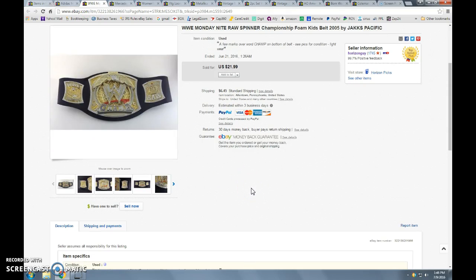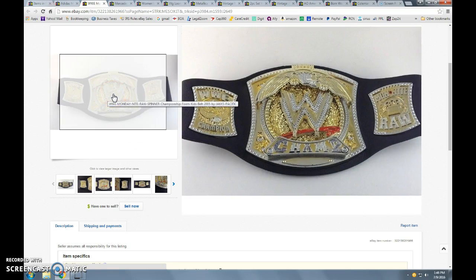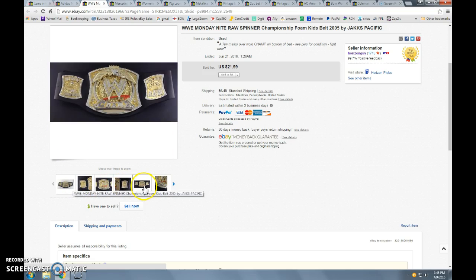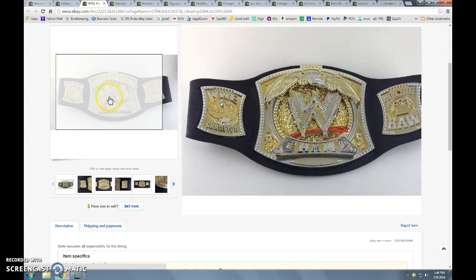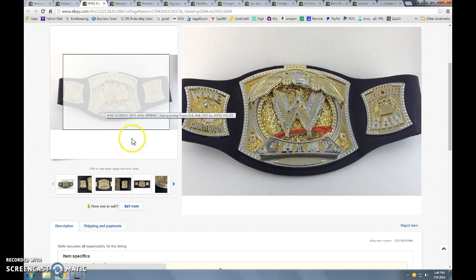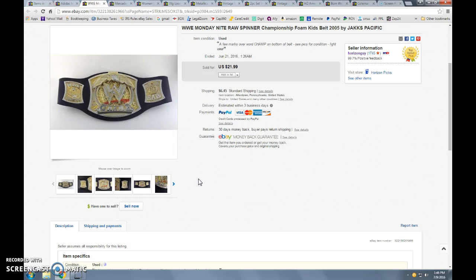These Monday Night Raw WWE, WWF belts, I've sold a few of these. They're a nice pickup if you could get them pretty cheap. This one actually did have a little bit of damage or wear on it, in that a child had gone in with a Sharpie. If you see down on the bottom, they had marked this up a little bit, but I did go in with my best friend, the Magic Eraser, and erased some of the spots and cleaned it up as best as I could. I ended up taking a best offer of